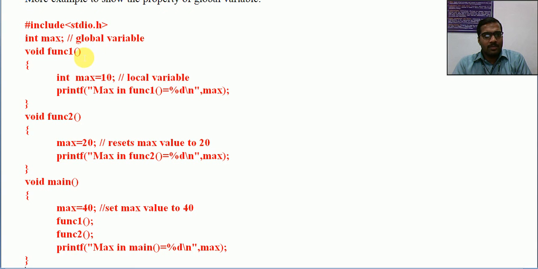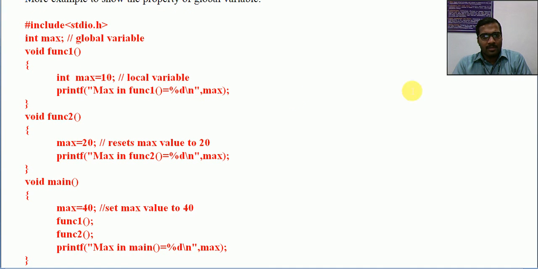Function 1 is being called and I am going out of this function. Then just after, if I am calling function 1 once again, what will happen? Again we enter function 1, and the max value will be 10.